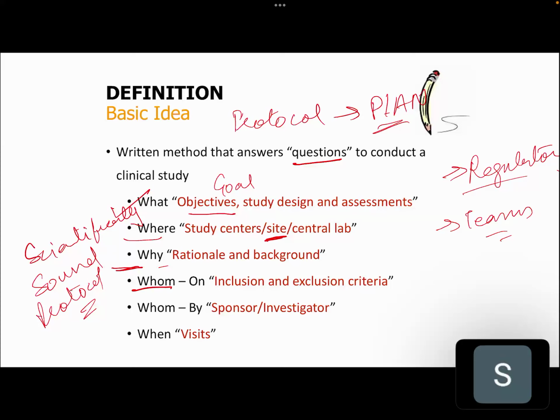Basically, if you want to explain in a simpler language, you can say admission criteria, like maybe above 18, maybe only female, maybe only male, maybe age group between 60 to 80. Maybe infants, that you will be defining here. Who is doing this trial? Which pharma company, which investigator? Then the patient is going to visit. So this slide is giving you the whole crux of your protocol. If there is any question, you can drop it here in the chat box. I will discuss that.